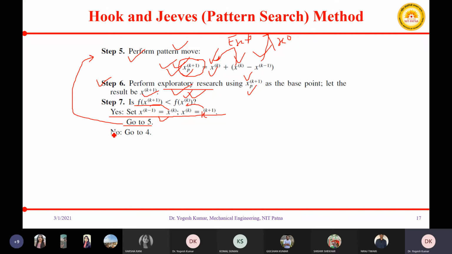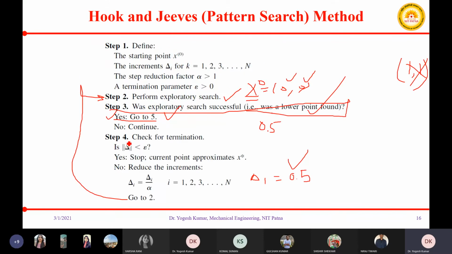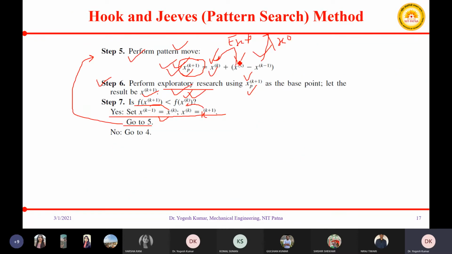Otherwise, if it is not successful, you will go to step number 4 and check the termination condition. Okay, so this way your Hooke and Jeeves method is performed in the case of multivariable problems.